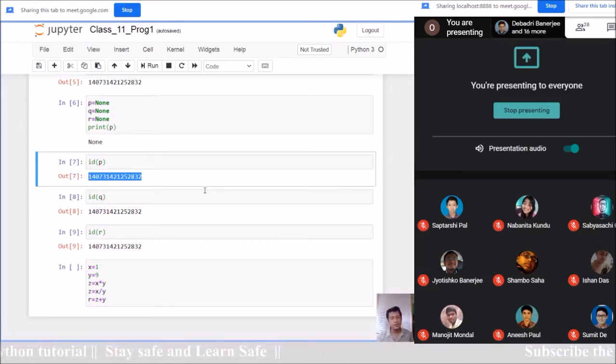So these variables are mapped to that memory location. That means it is assigned something which is nothing. The concept is clear. The variable which is already assigned by None is mapping to something which is basically nothing. Is it clear? Are you clear?